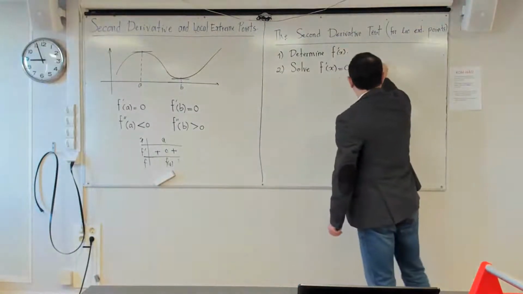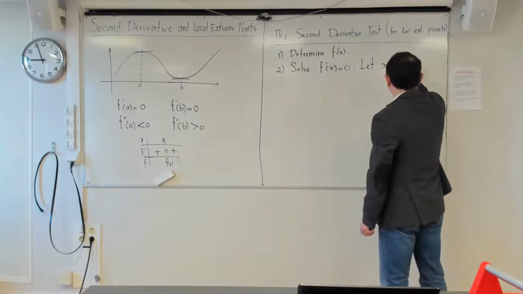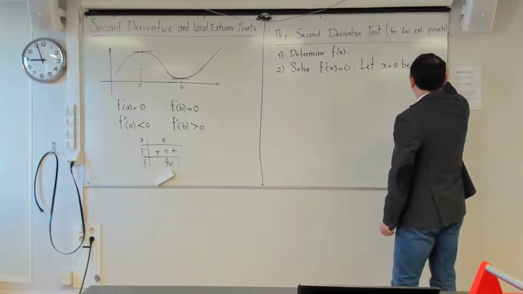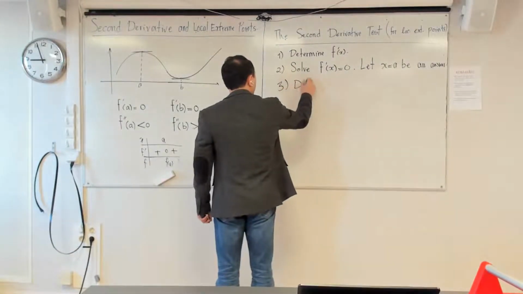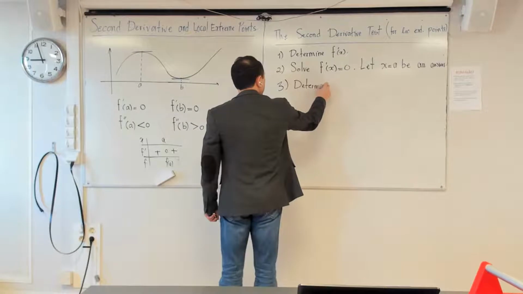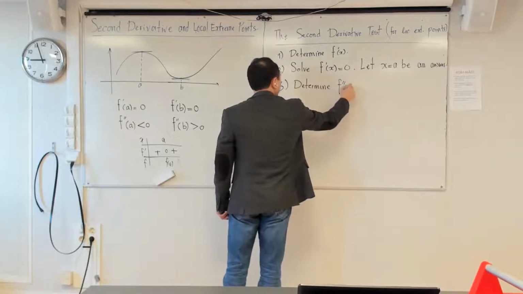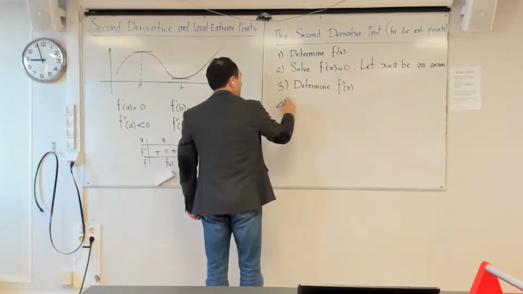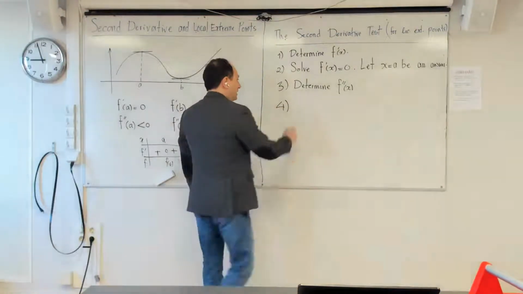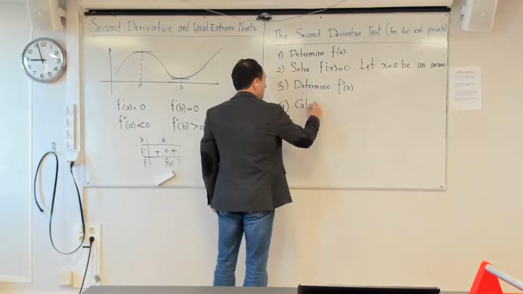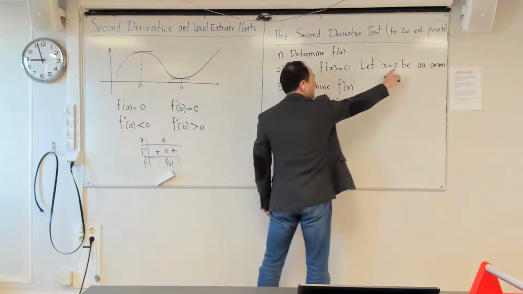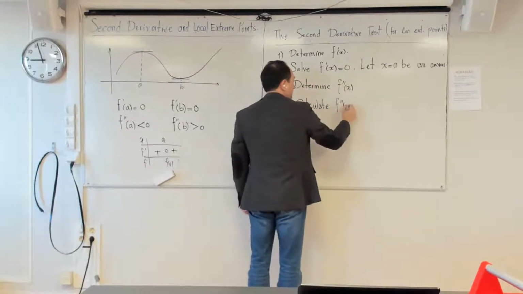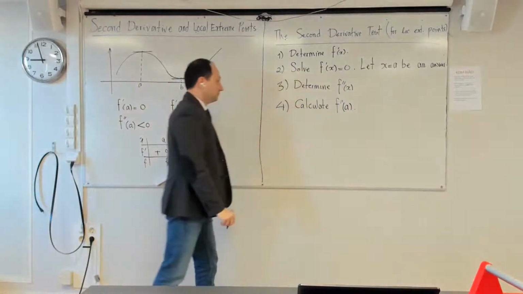Let x equal to a be an answer. Okay. Number three, determine f double prime of x. Number four, calculate f double prime at the point that you got in step 2. Number five,